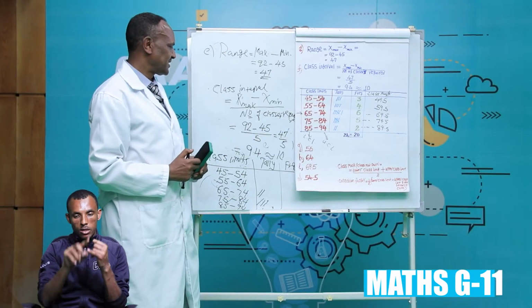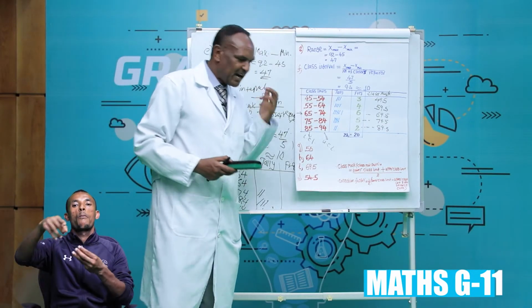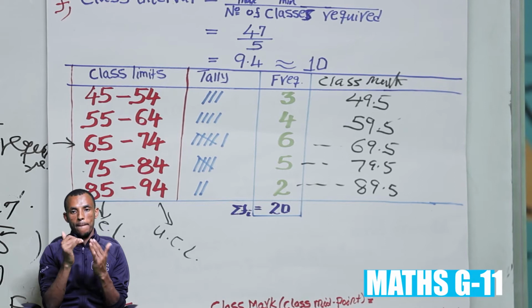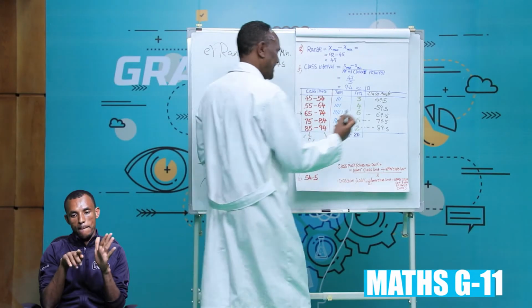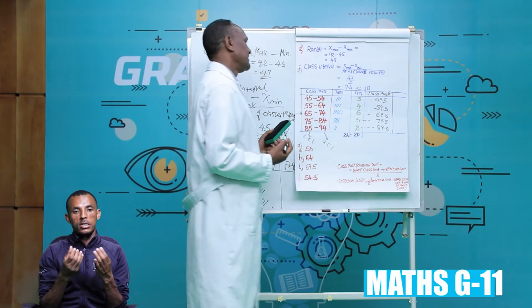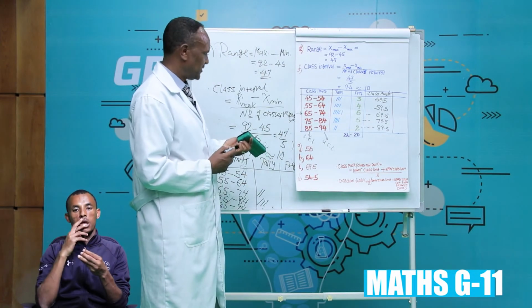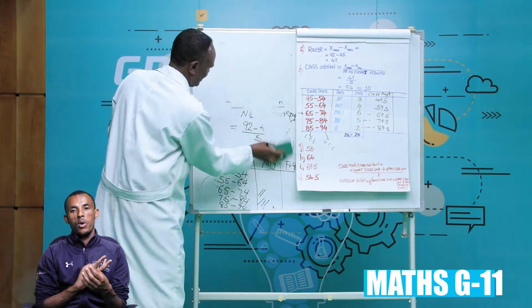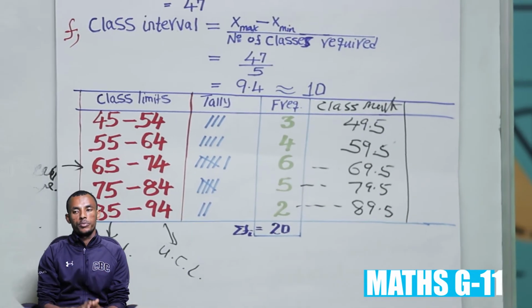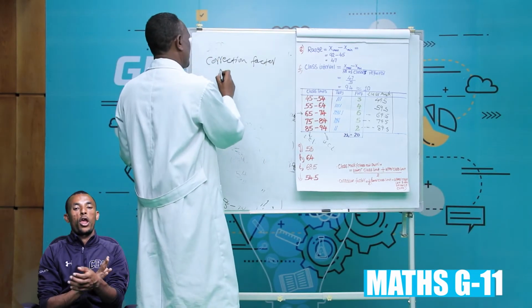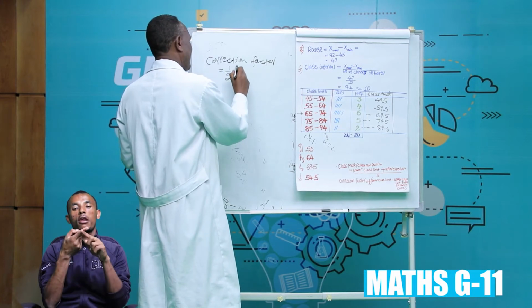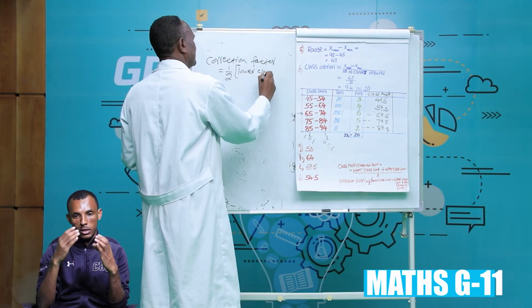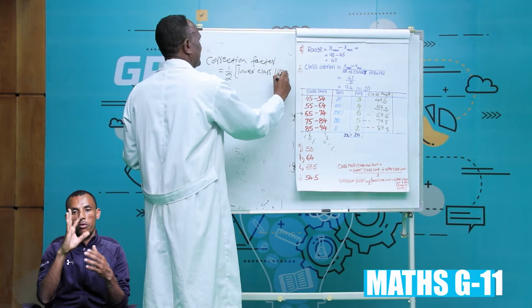The last question you are asked is the class boundary. When you are measuring, we make slight mistakes. Plus or minus errors will occur. So for these classes, I will have class boundaries. The class boundaries are values which can be calculated by using the correction factor. We should first find the correction factor. The correction factor is half of the difference between the lower class limit of a given class